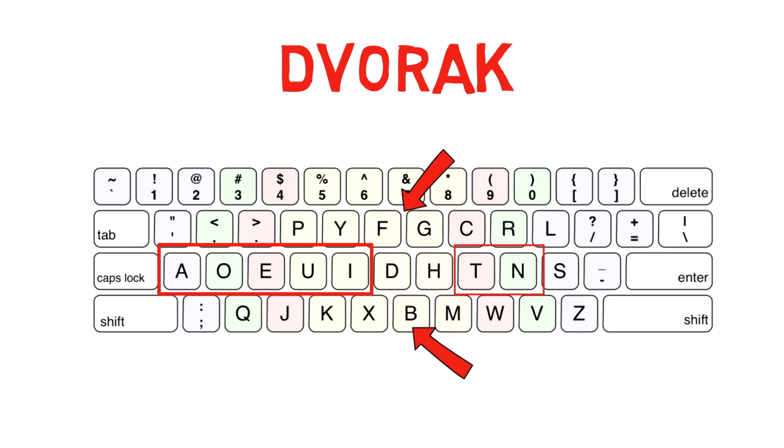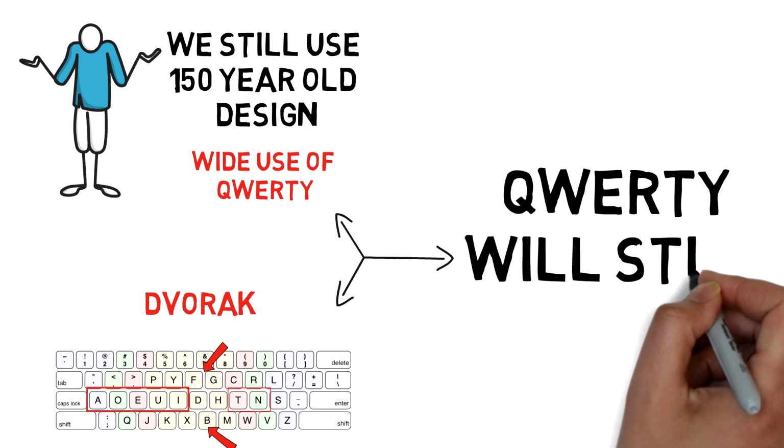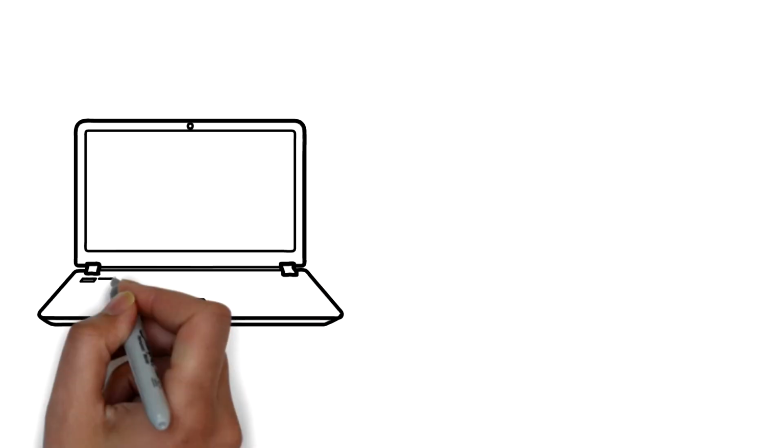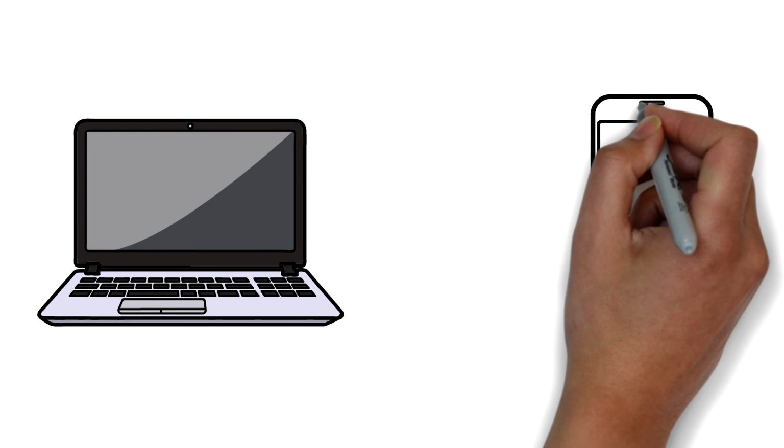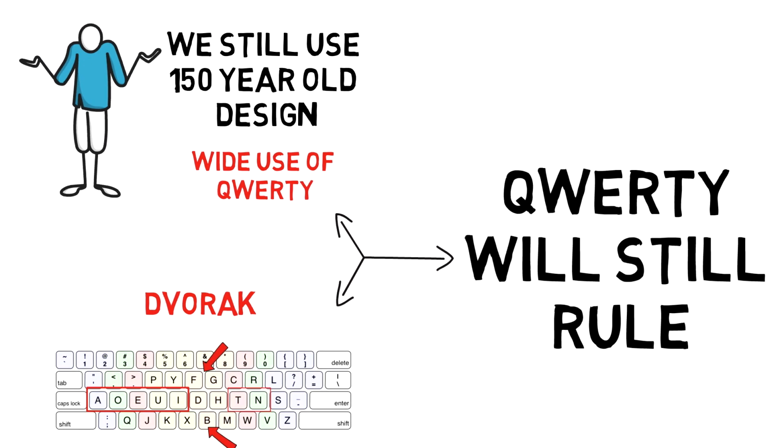While many believe this layout is better than QWERTY, the mere popularity and the wide usage of QWERTY might never make Dvorak mainstream. Even if you map this layout using software on your laptop, your mobile will still have the QWERTY layout, so the transition between the two will not be optimum for your typing. So most likely, QWERTY will remain the design that we always use. But now you know why we have this layout on our devices.